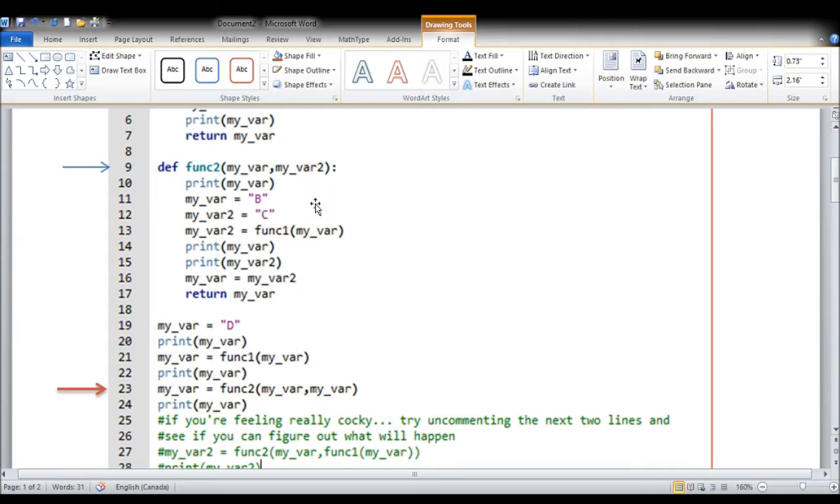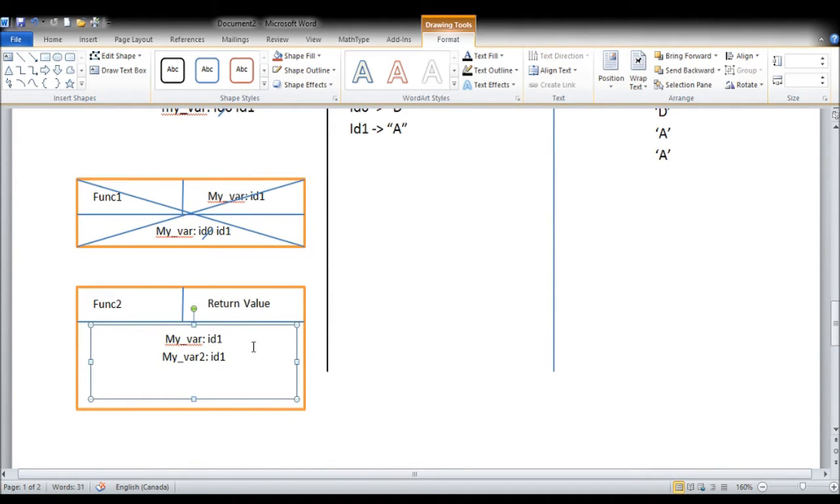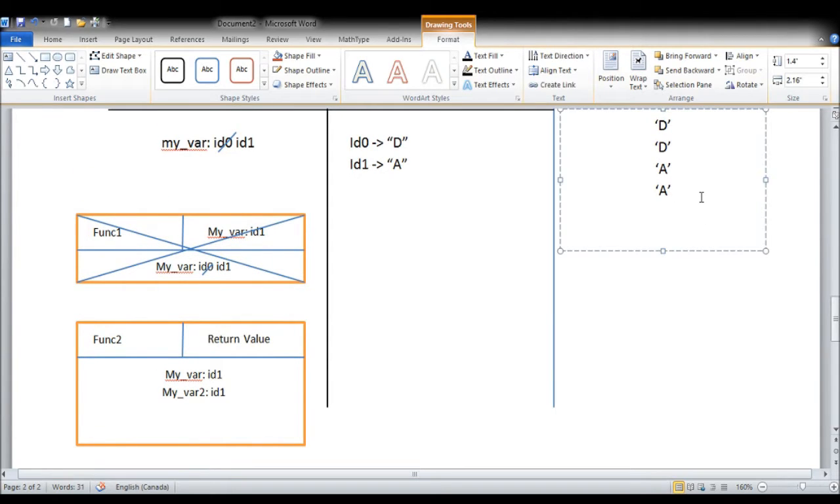So then it says print my var. Okay, well, we look here now. It says print my var. Since we're in this box, I simply print ID1. Okay, ID1 is A. Okay, next